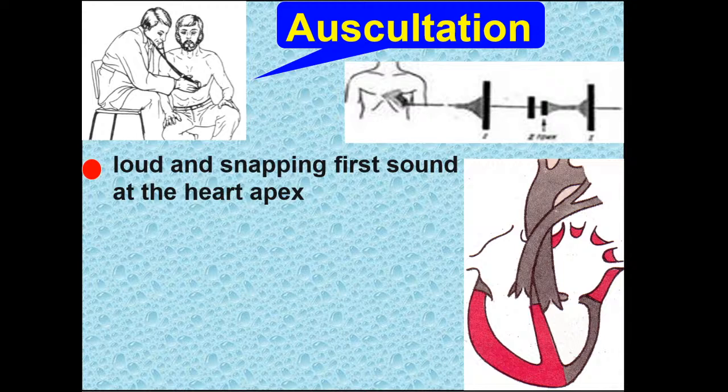First of all, we put the stethoscope over the heart apex and we hear the intensity of the first sound more than 2 times louder compared with the second one. A loud snapping first sound at the heart apex, because of decreased filling of the left ventricle during the diastolic period and intensified muscular component. Then we can hear an additional third stroke during the diastolic period, or sound of opening of the mitral valve, because due